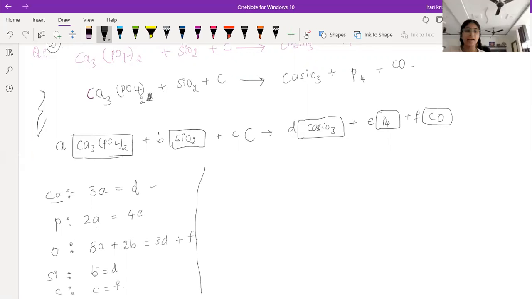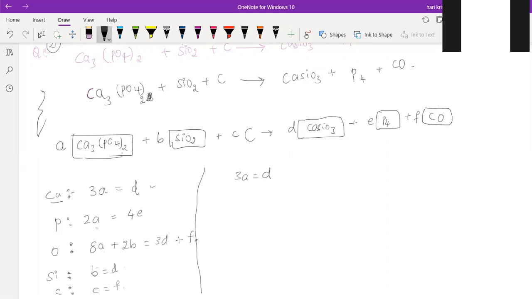If you take the other ones, you'll get a fraction. Here also A is there, and it will become confusion in the oxygen case because there are more variables. You can't take it directly. So instead, we can take 3A is equal to D as the simpler one. Then A will become D by 3, so A is equal to 1, D is equal to 3.